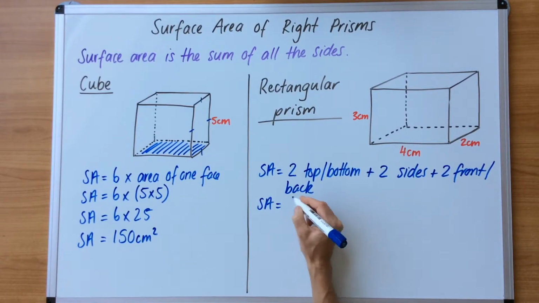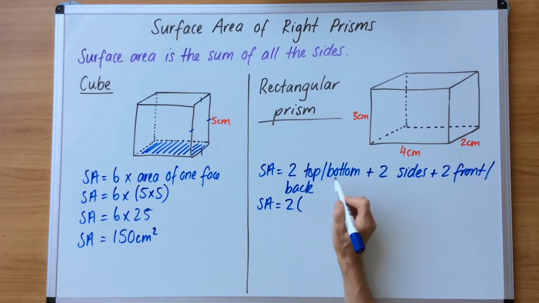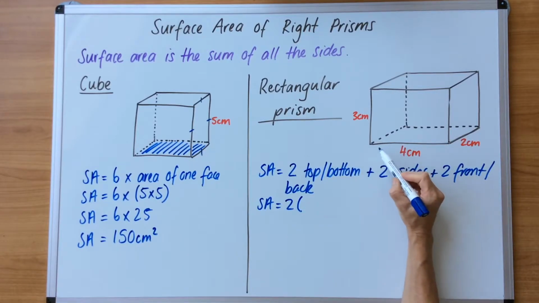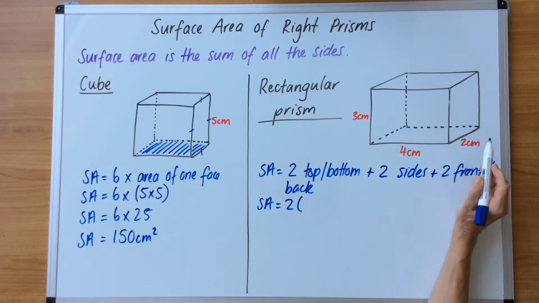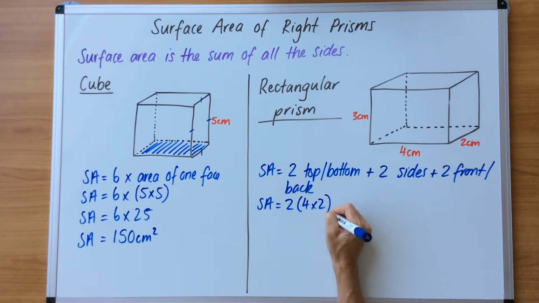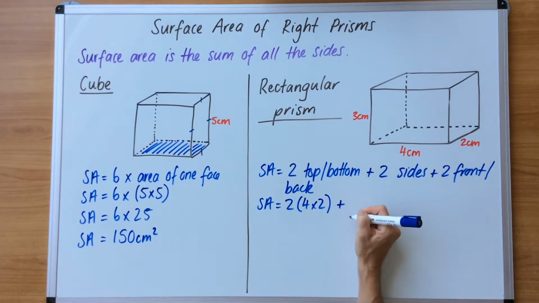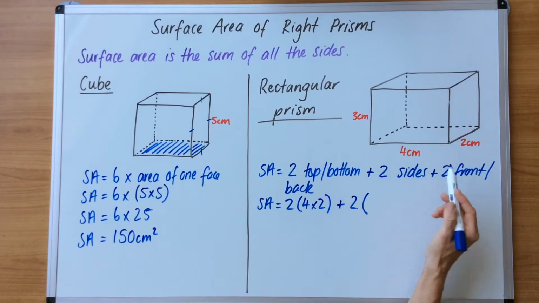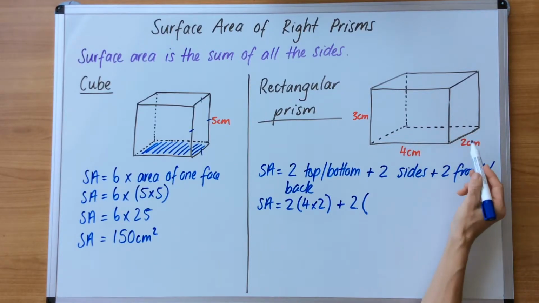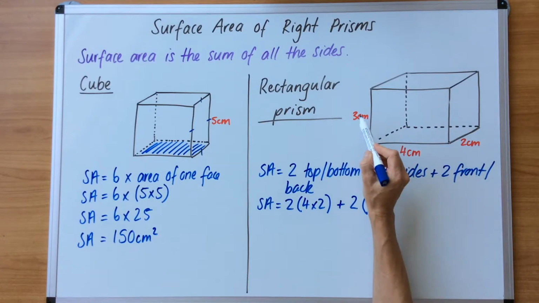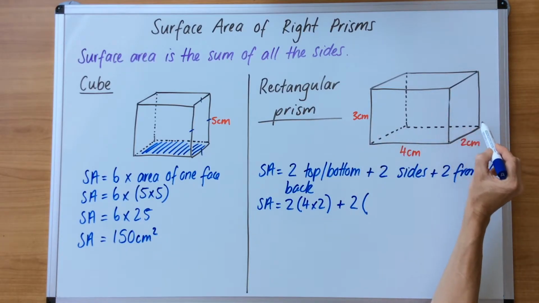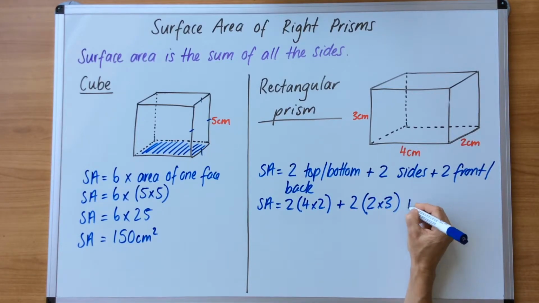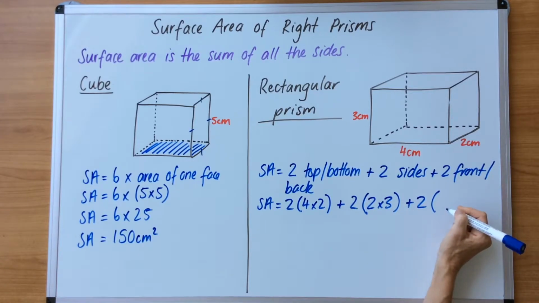Surface area equals. So we want 2 lots of the top and bottom. Now the top and bottom, so 2 brackets, the top and bottom areas are 4 by 2. So we put 4 times 2 bracket plus 2 bracket. Now we're doing the sides, so we're going to work out the side dimensions, and that is a 2 and a 3. Even though this 3 is over here, it doesn't mean that it can't be used here. So 2 times 3 bracket, add the last one on, 2 bracket, and we want to do